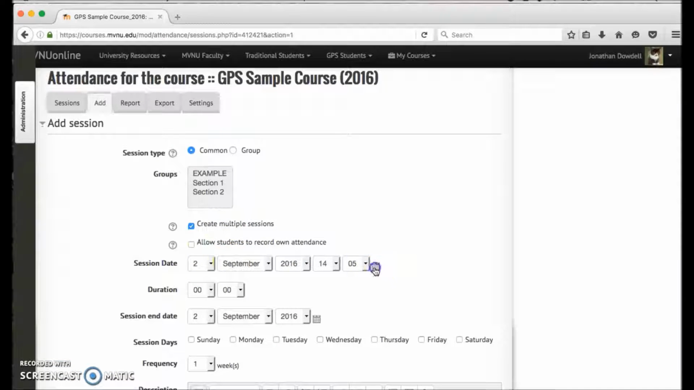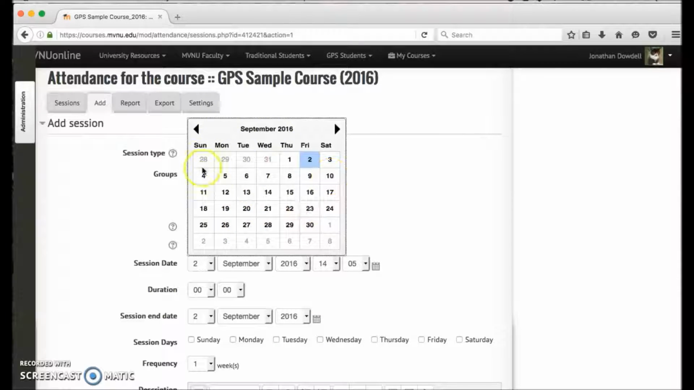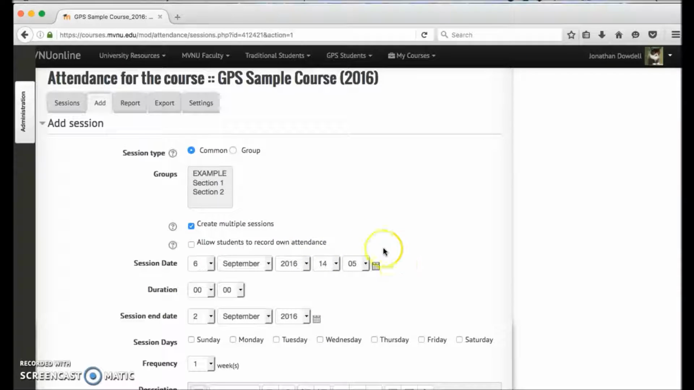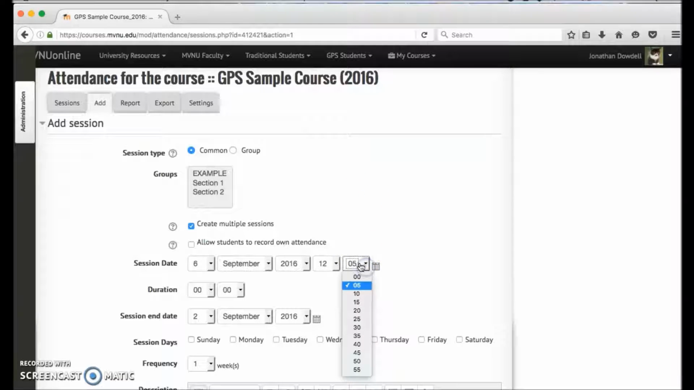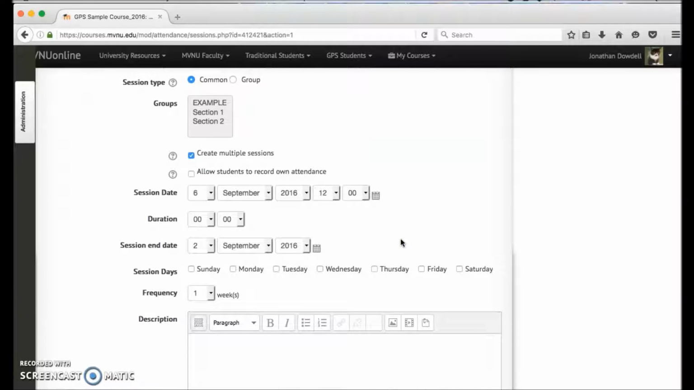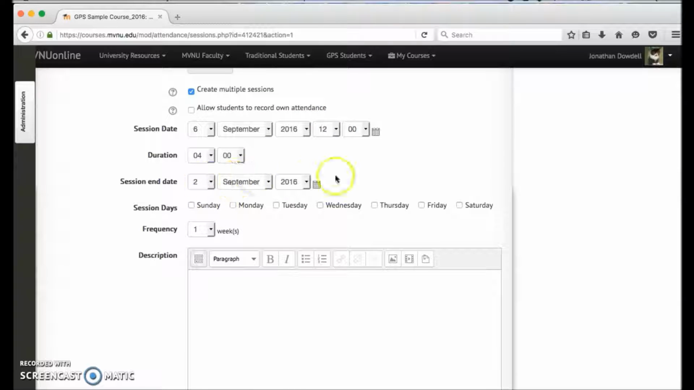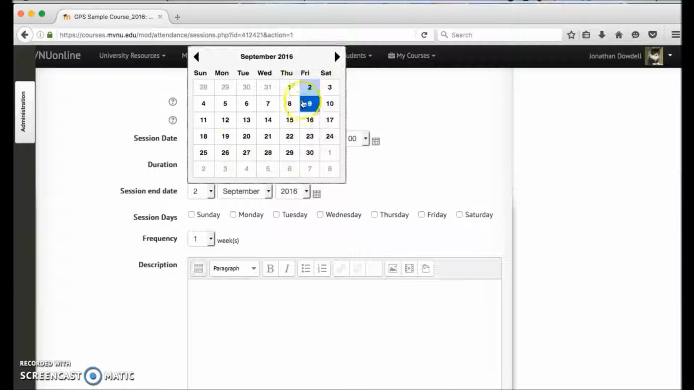Once we do that, we're going to go ahead and start our session date. We're going to have our first session on September 6th, and we're going to have it at, we'll say noon. Noon. That sounds good. Our duration of our class is 4 hours long. And we also have to set up our session end date. So we'll go ahead and end